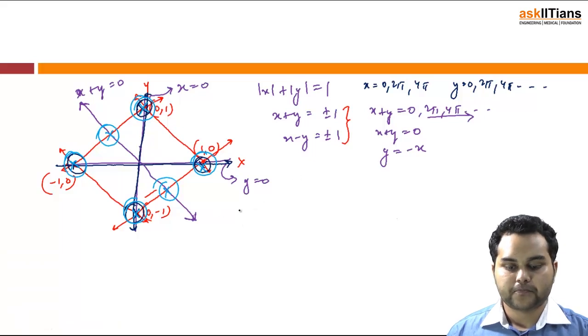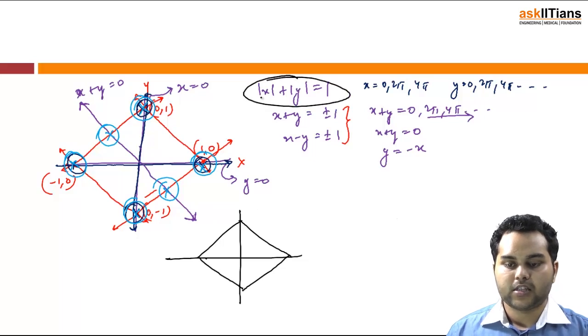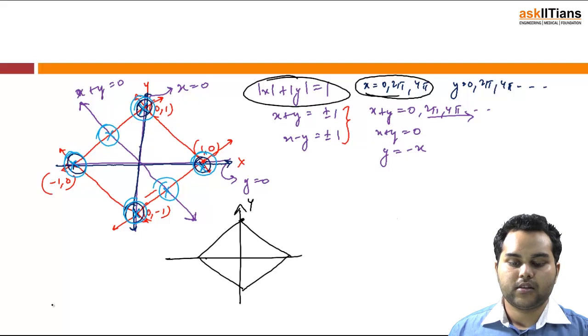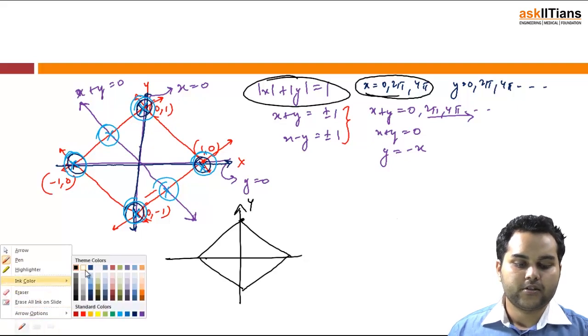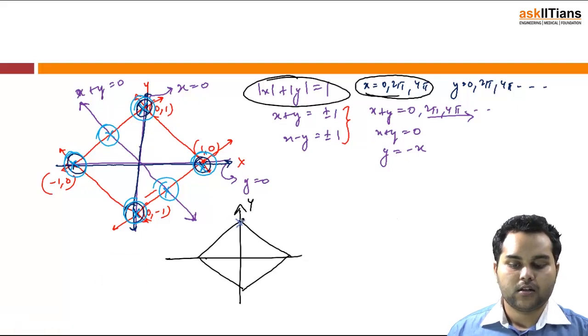all I had was this basic structure that was defined by mod x plus mod y is equal to 1. This was the structure that was given to me. After this, the next set of equation or the next solution I had was x is equal to 0, which was defined by the vertical y-axis. So that gave me 2 points of intersection of the two equalities, these. Then the next was y equal to 0, which was the x-axis,